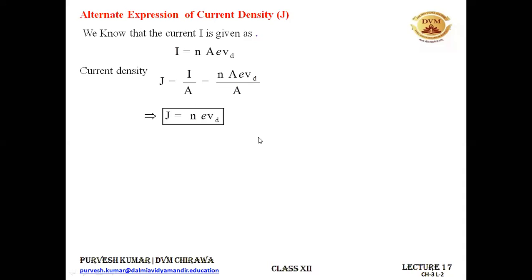Now let's take another topic that is very familiar to you, Ohm's law. You have studied this Ohm's law in class 10. Now we will be learning this Ohm's law in much more detail, and we will be defining and finding out some more expressions for it. Up to class 10th, you have known only this, that V equal to IR is Ohm's law, where V is voltage, I is current, and R is resistance. That's what you know. All right.